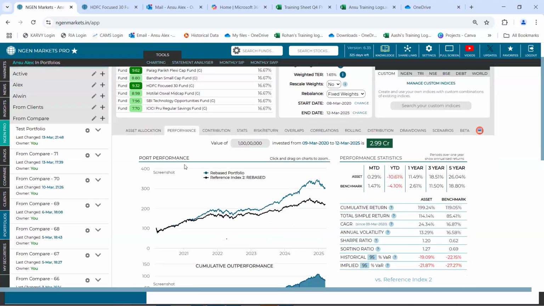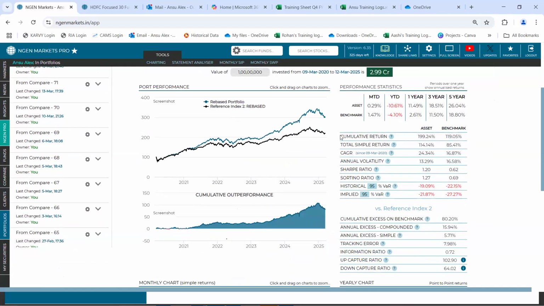Now, in terms of this performance chart, how do we read this data? For example, parameters like cumulative return, which lets you see the absolute point to point return for the portfolio against that of the benchmark. You can see that the portfolio is generating a return of 199%, followed by the benchmark in the same time period generating a return of 119% only. Now, in order to achieve this return, what was the risk volatility that was undertaken? You could come to this annual volatility as an option. So it says that the portfolio took a risk of 13%, while our benchmark took a risk of 16.5%. So you could say our portfolio generated a better return with a lower level of risk in this time period